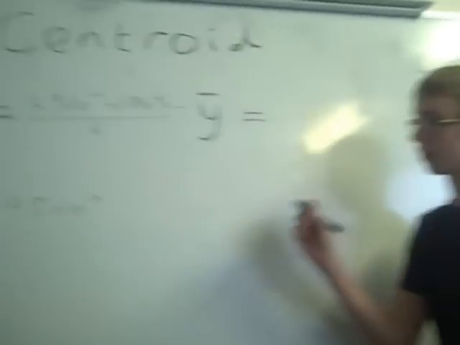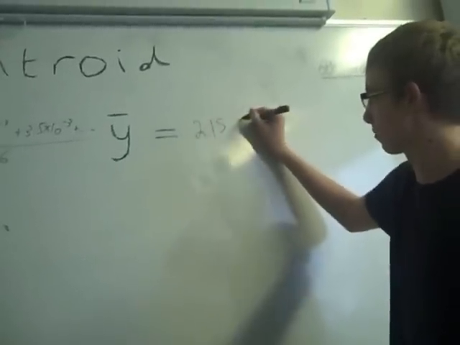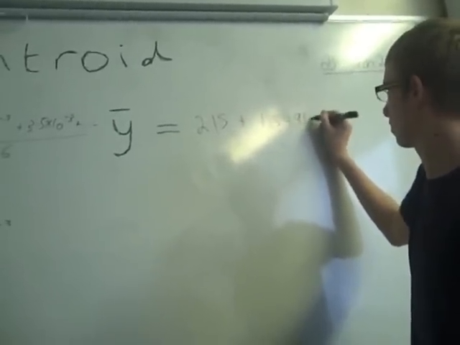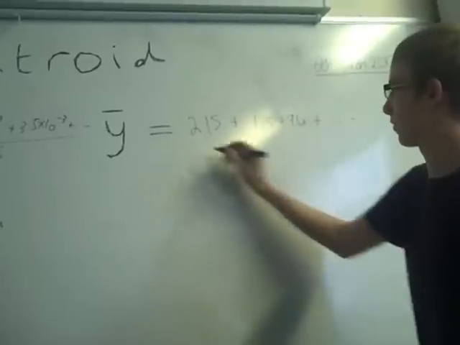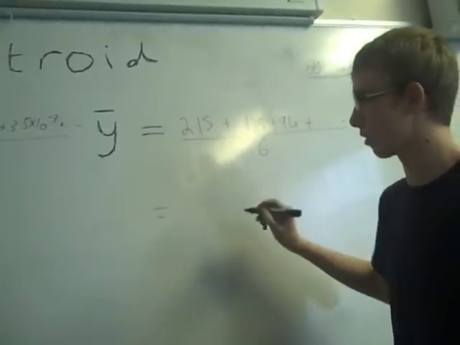Then you calculate the mean of the y values, so 215 plus 125 plus 94 plus whatever, all over 6 in this case again,